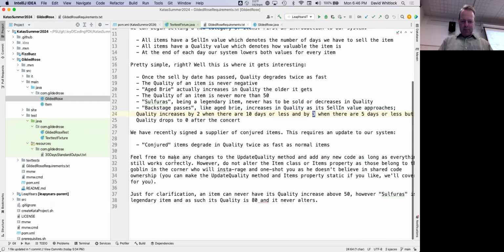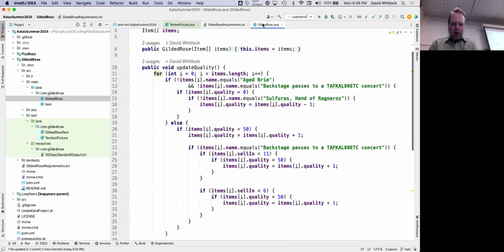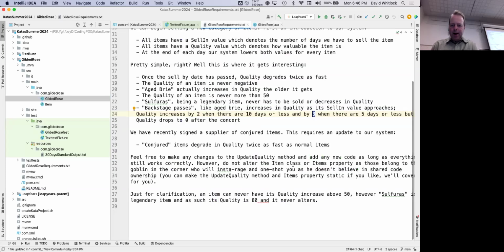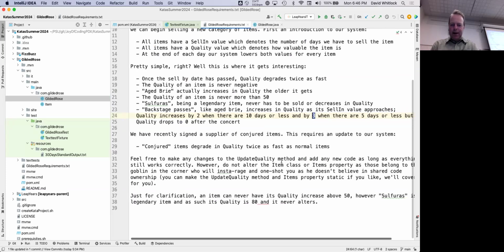And let's see, there's a couple more things. You can change the update quality method. You can change this one any way you like. You can add new code, great, as long as you don't break anything. But the Item class and the item's properties you can't change, because reasons.